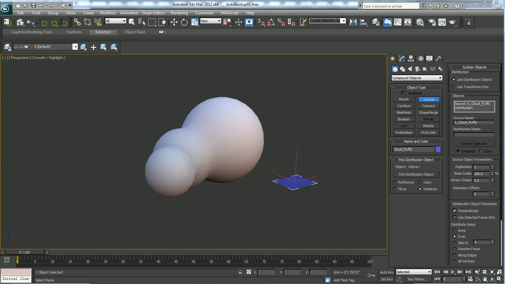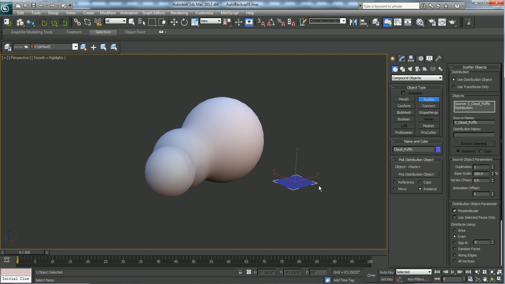So we need to make sure that we do things right and we get enough density and coverage for this particular cloud to capture the look and feel that we're going for. If we don't, then things are going to be really loose. You're going to be able to see through the cloud in weird areas. It's not going to look well when you move around it. So you want to go high with the number of duplicates, and you want to make sure that things are